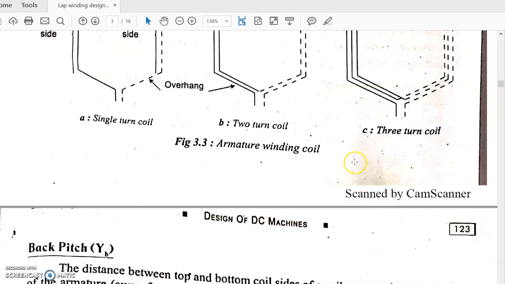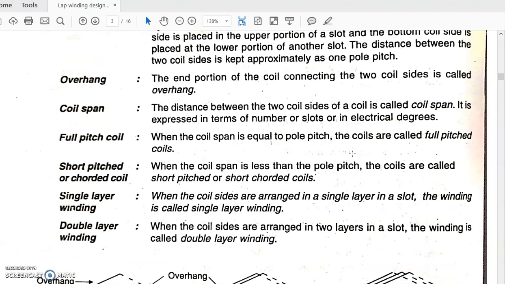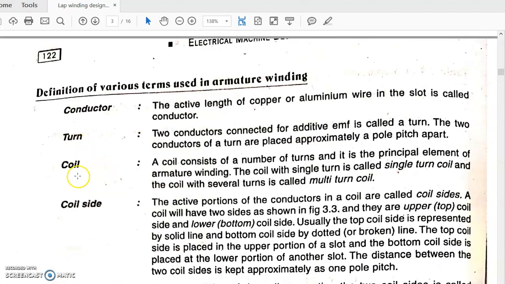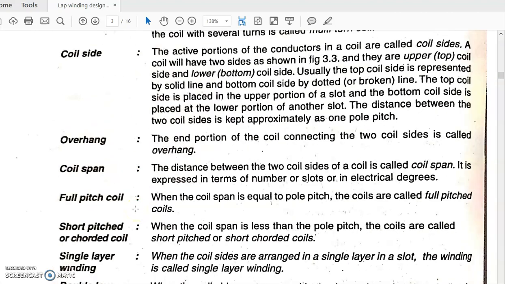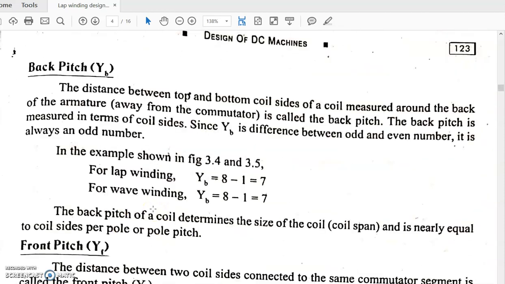So these are the terminologies in armature winding: conductor, turn, coil, coil side, overhang, coil pitch, full pitch coil, short pitch coil, single layer winding, and double layer winding. So next we are going to discuss different terms